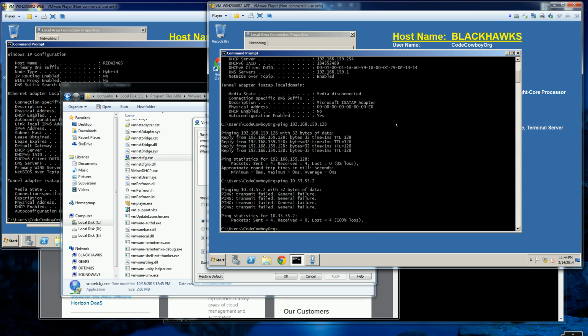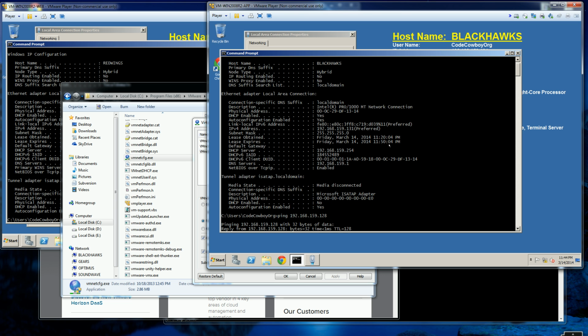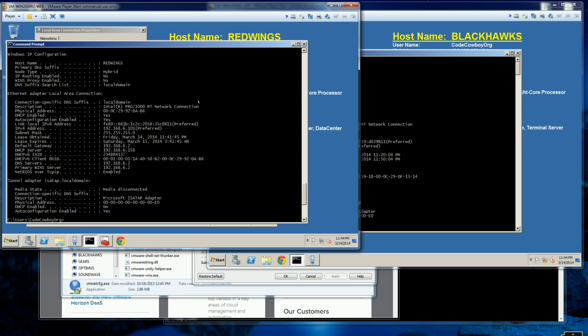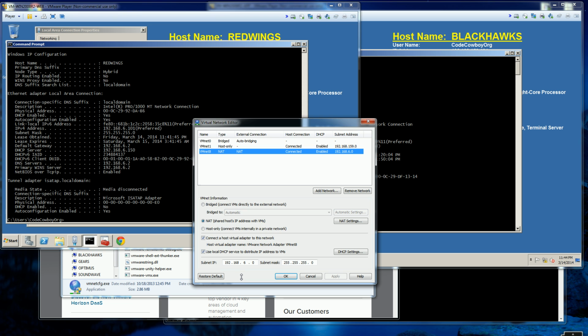So in previous videos, I showed you the difference between the host only and the NAT. So you'll see in this VM I have the host only, which gives you an IP address of 192.168.159, and in this VM here I am using NAT and I have 192.168.6, and where that comes from is actually behind the scenes. VMware is creating a kind of simulation of a DHCP server behind the scenes, and also a network address translation,